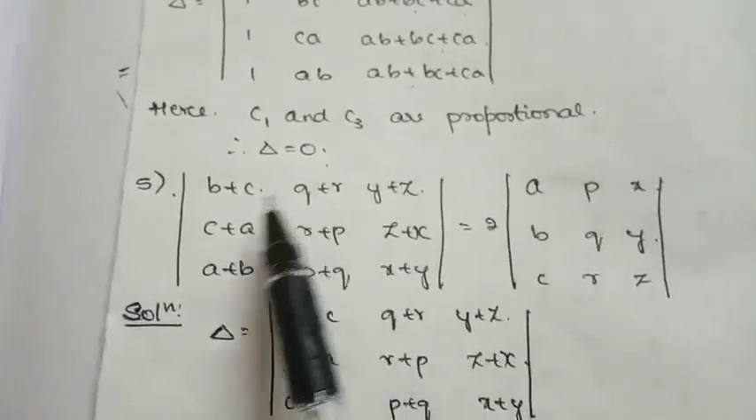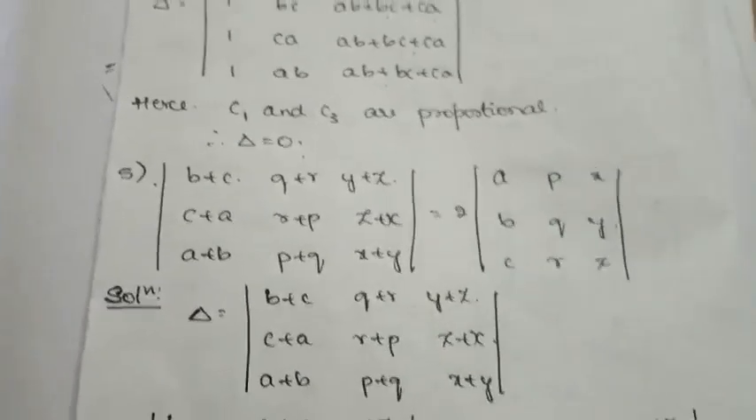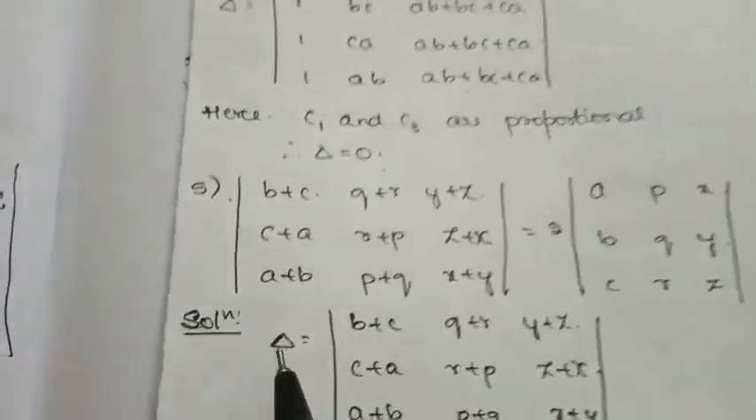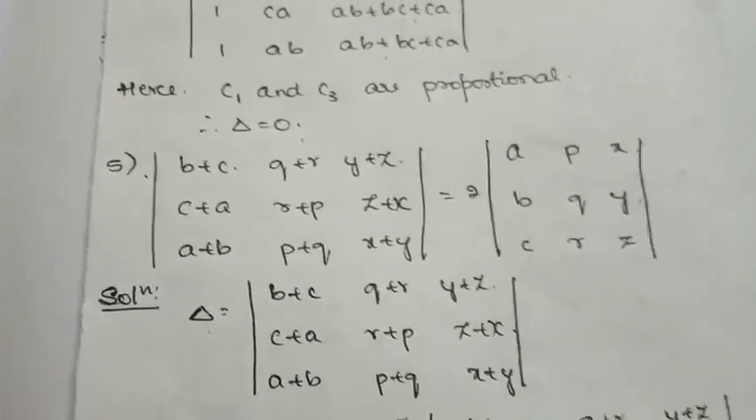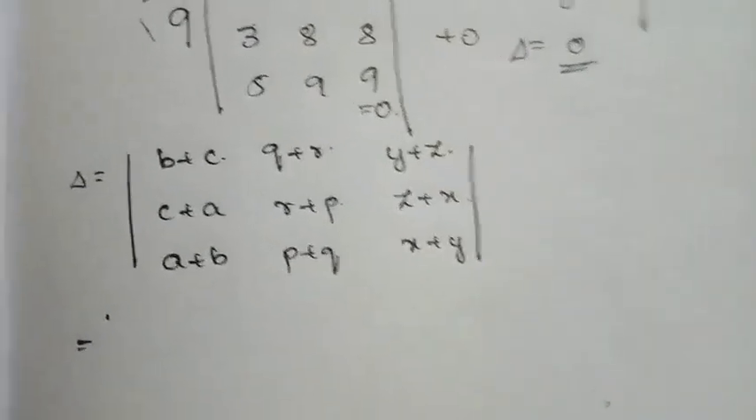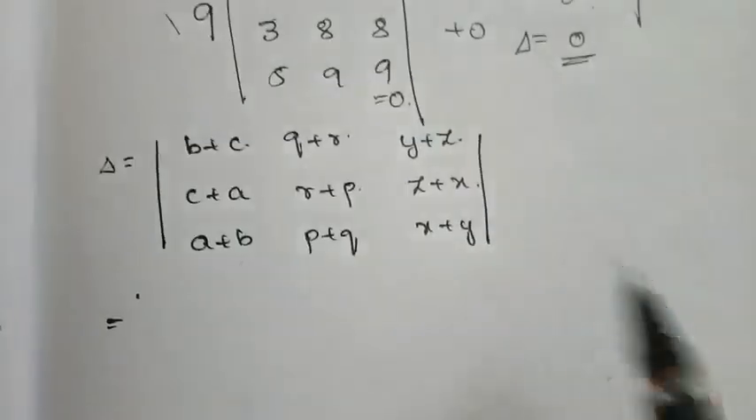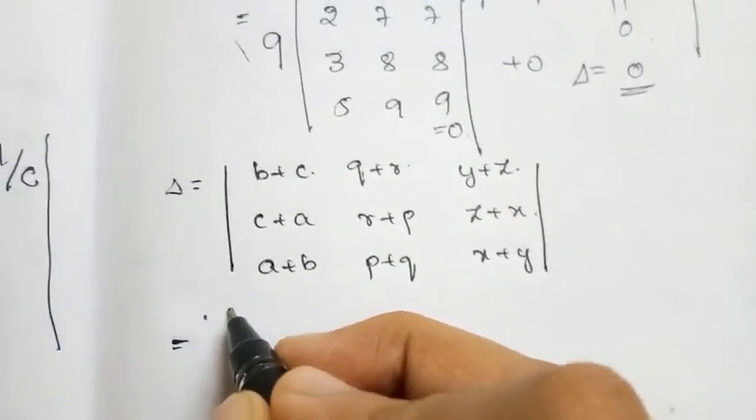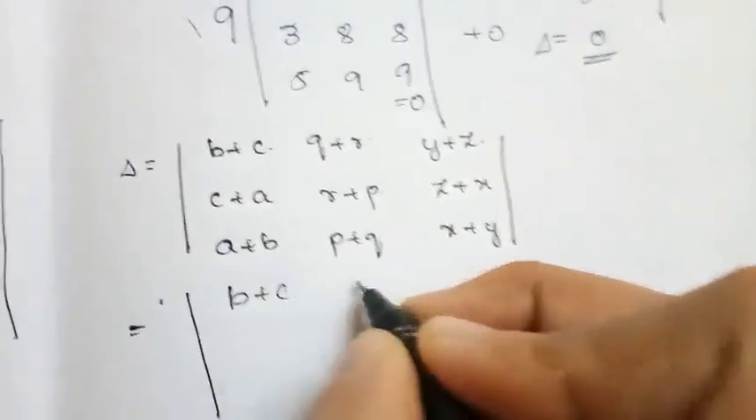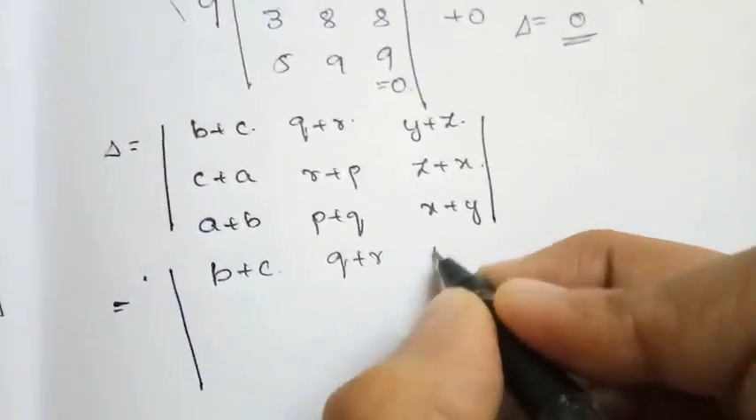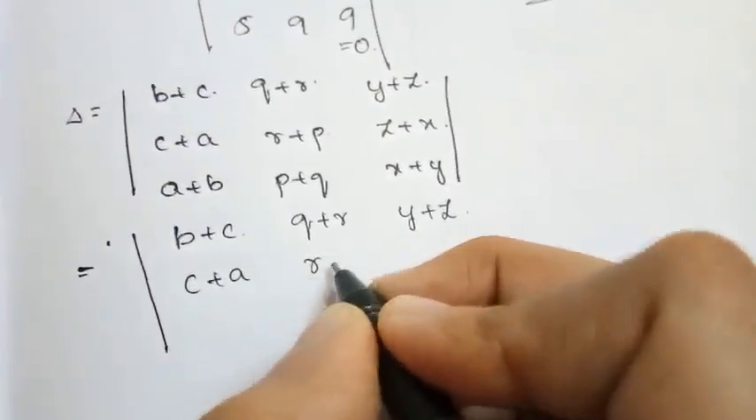So we need to prove this determinant is equal to 2 times this determinant. How are we going to prove it? Now I will call this determinant delta and proceed. I am splitting this determinant into the sum of two determinants according to property 5. That is B plus C, Q plus R, Y plus Z. First row and second row I am retaining as they are,